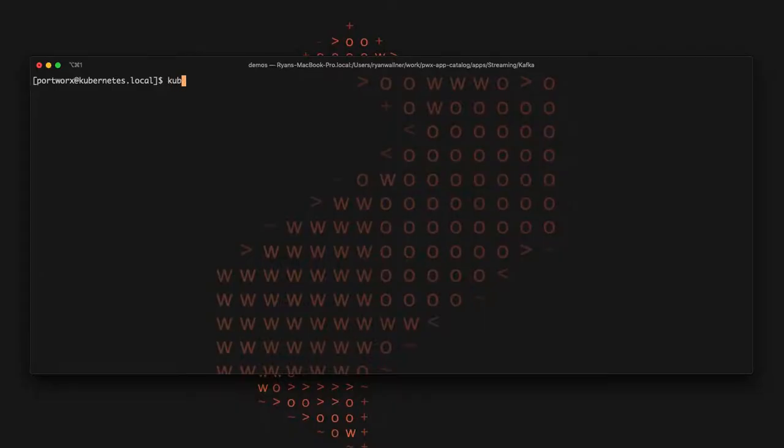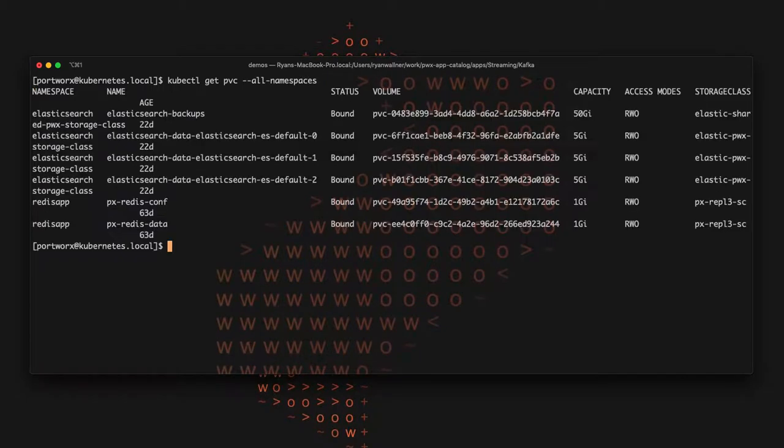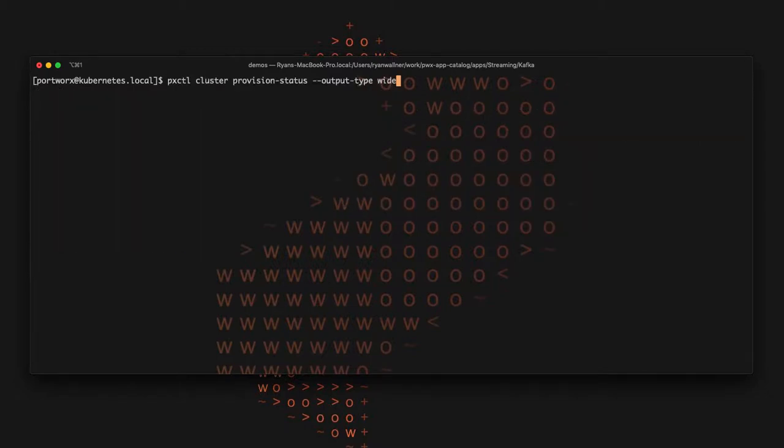All right, so here we have a Kubernetes and Portworx cluster already set up. You can see there's a number of different PVCs in this cluster already. I think there's about 7 with 2 or 3 different applications. These are evenly distributed across the Portworx cluster right now, and we can see this by looking at the provision